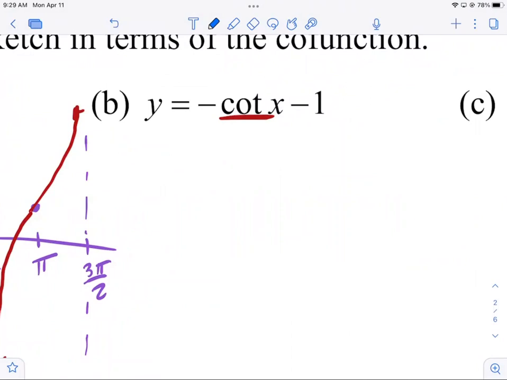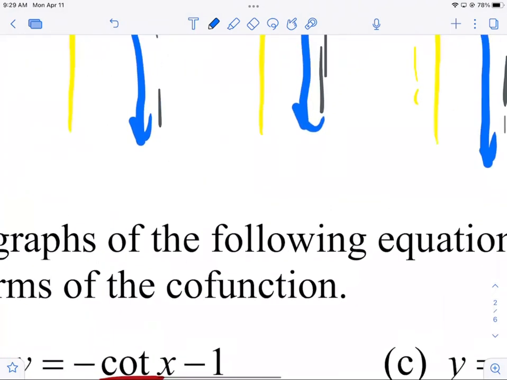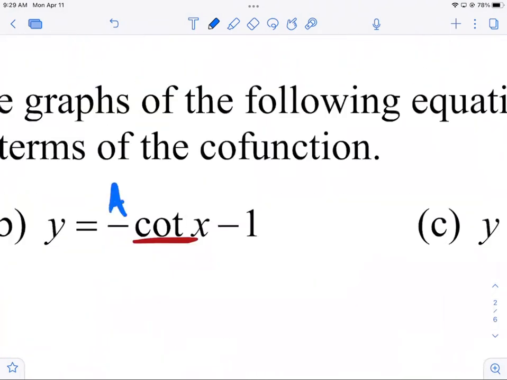Negative cotangent of negative 1. This is an A value, and this is a D value. What does a -1 for an A value do? Does it stretch or compress it? No, but the negative flips it across the